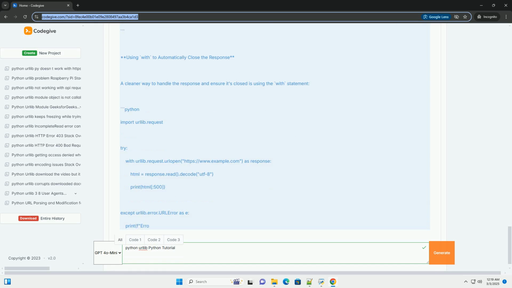Important: respect robots.txt rules. Ethical web scraping requires adhering to these rules. Ignoring them can lead to your IP being blocked or even legal issues. 6. Practical examples. 6.1 Downloading an image from a URL. Explanation: